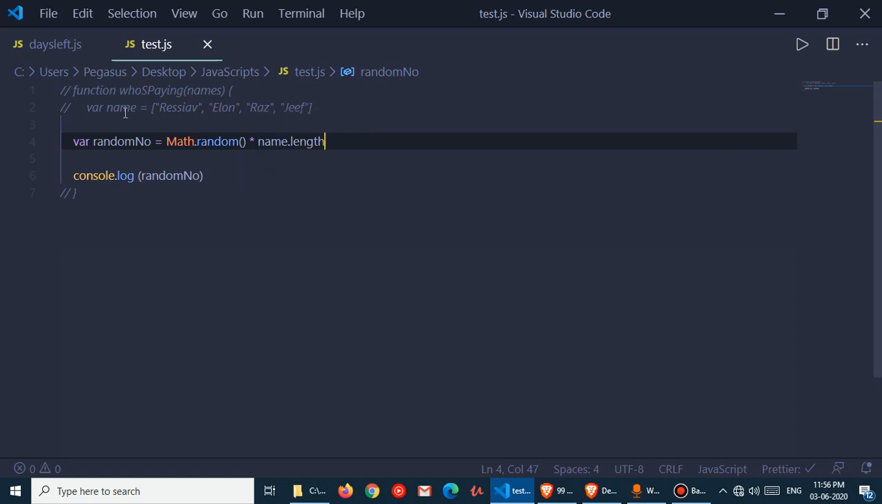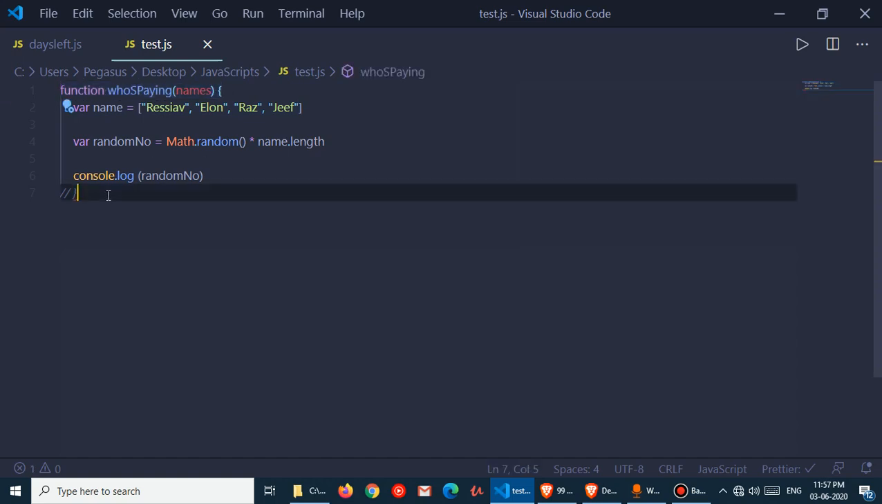What would this do? First of all, let me uncomment it. So what this will do is count it as the length: 1, 2, 3, 4. Now, this will help us generate a random number from 1, 2, 3, 4